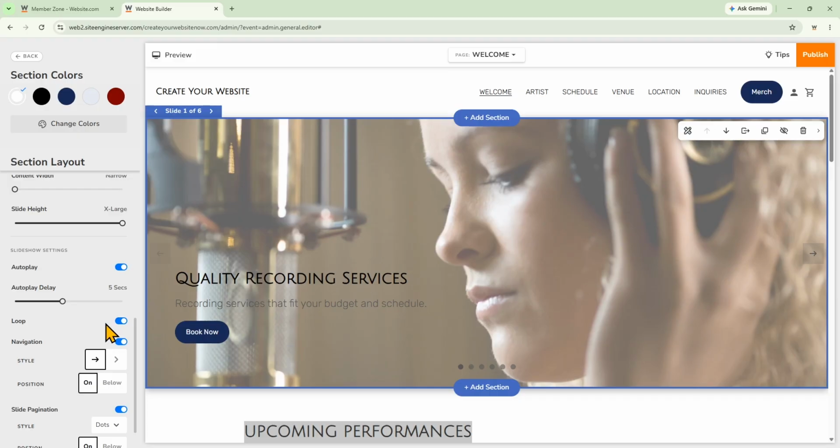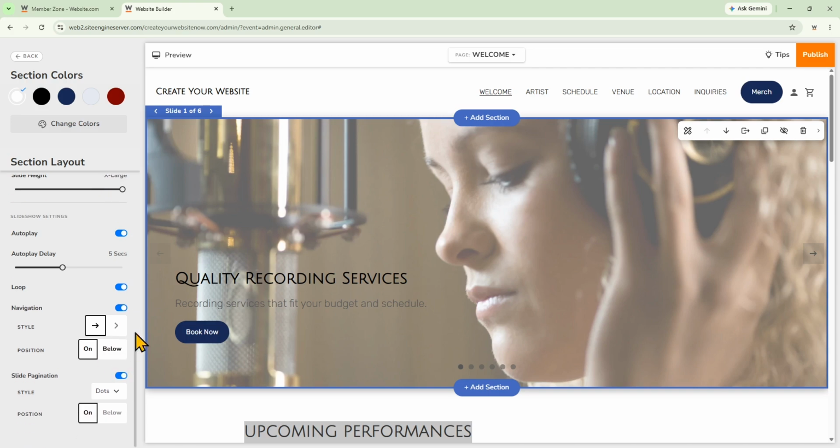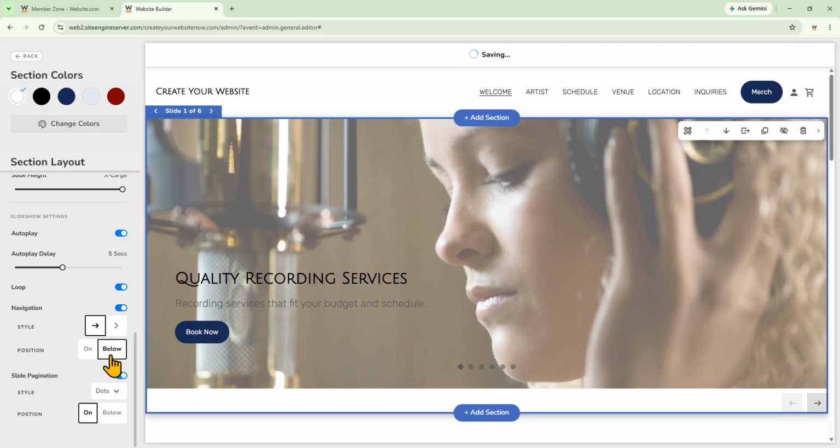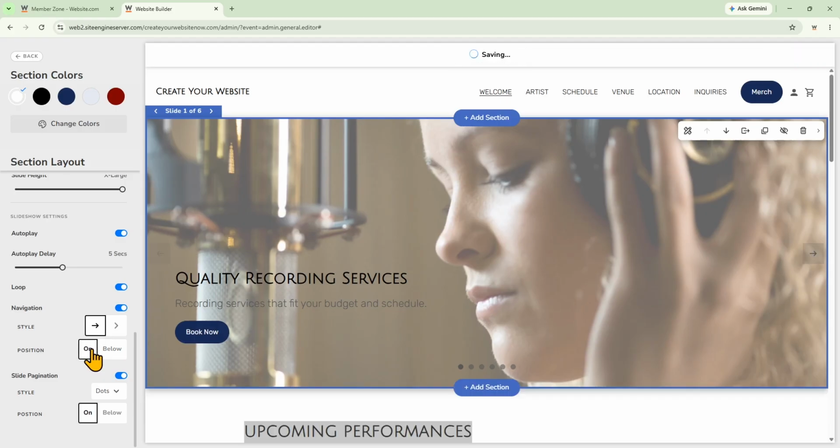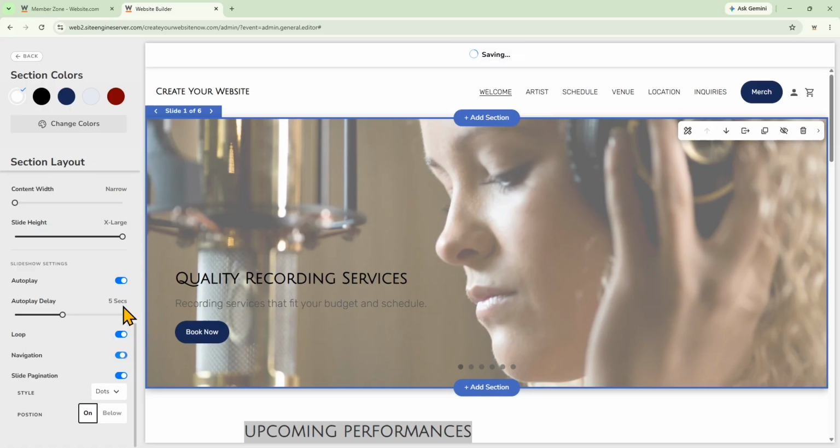So you can choose to show the navigation arrows, so visitors can scroll through the slideshow by clicking on the arrows, and you can choose the style of the arrows or not. So that's under navigation. You could choose this style or have it on or below. Because I don't have any padding, if I add it below, it will add some padding below the slideshow. So I actually want to have it look cleaner, and I'll turn the navigation off.